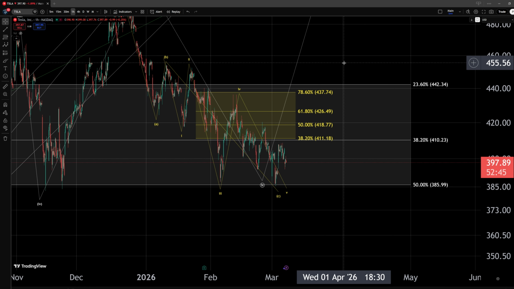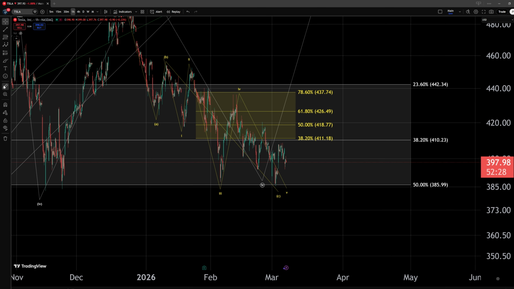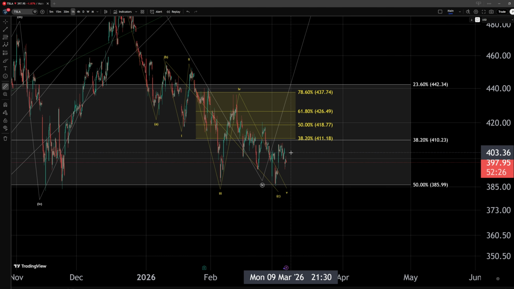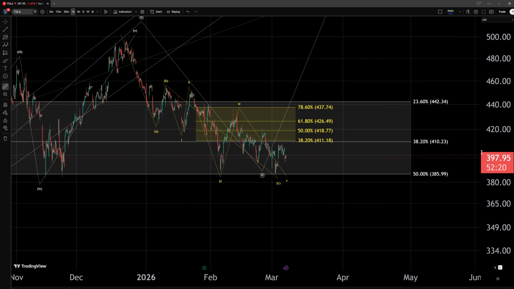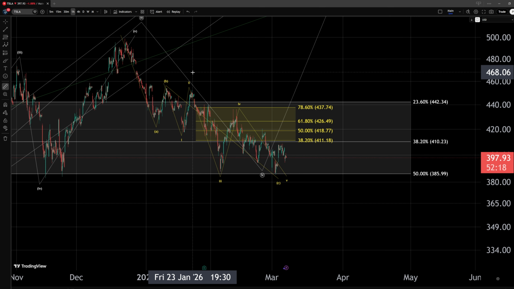Now, here's the pleasant part. Even if the count is wrong, even if we get extensions to lower prices and we get a complete failure, looking for positions within this area allows extremely promising risk-reward ratios. It allows us to look with high probabilities that if we get a sustained break below the 50% retracement at the $386, we would know that this structure is most likely going to fail, that we would be looking for